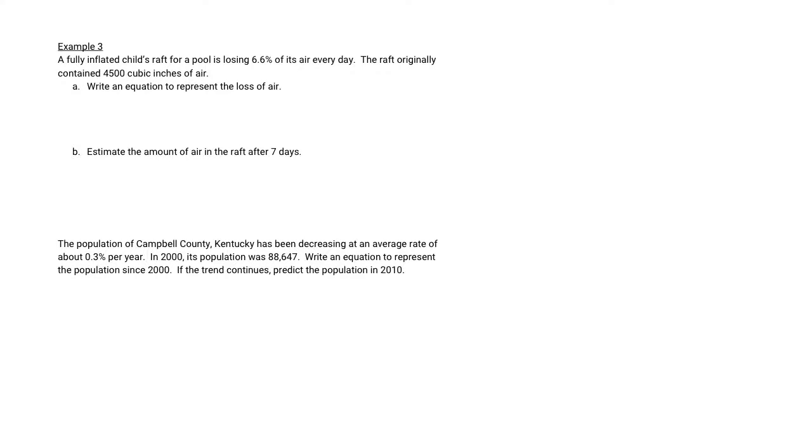A fully inflated child's raft for a pool is losing 6.6% of its air every day. That means R is 0.066. The raft originally contained, that's our A, 4,500 cubic inches of air. Write an equation to represent the loss of air. So we've got